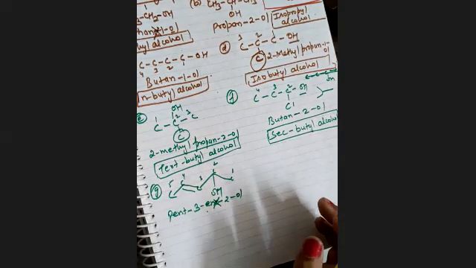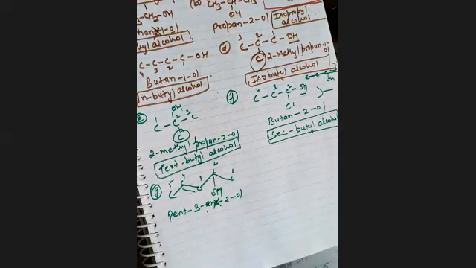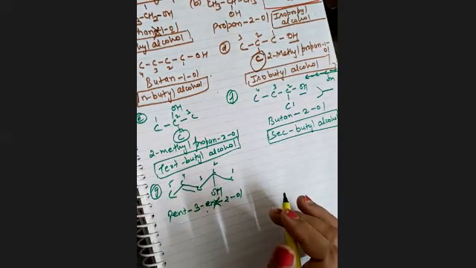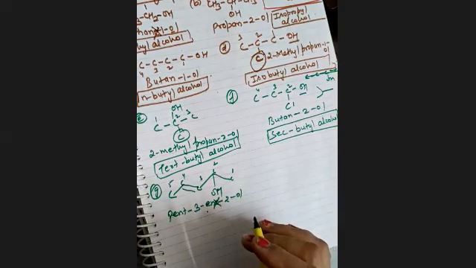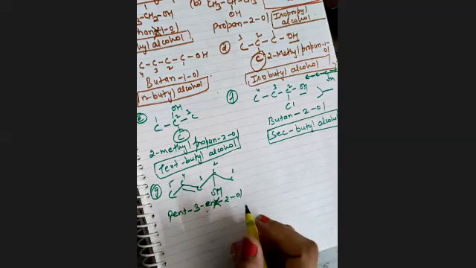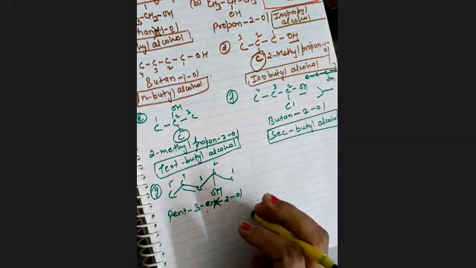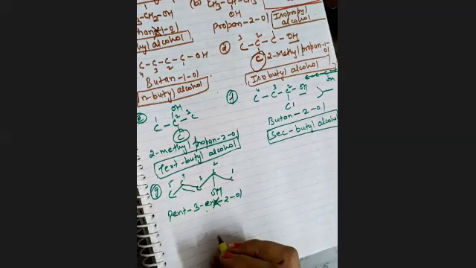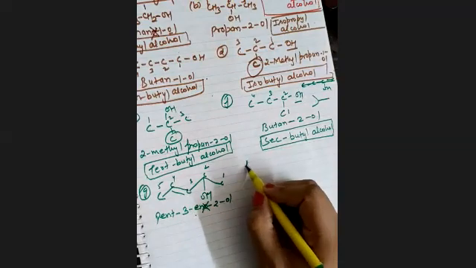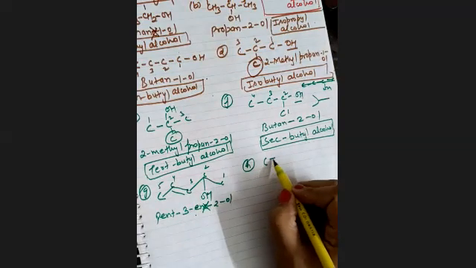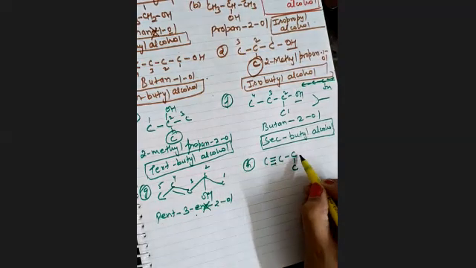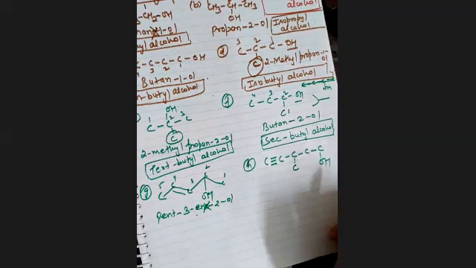Remember this thing. You must learn where we have to use suffixes and where we have to use prefixes. Okay, and in doing nomenclature, we will consider the alphabetical order. Let me just give you one more example. For example, if I have 1, 2, 3, a triple bond here, 1, 2, 1, OH.